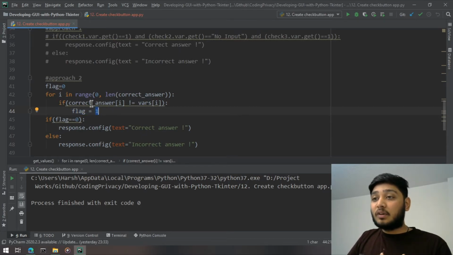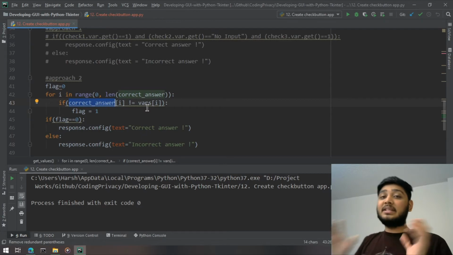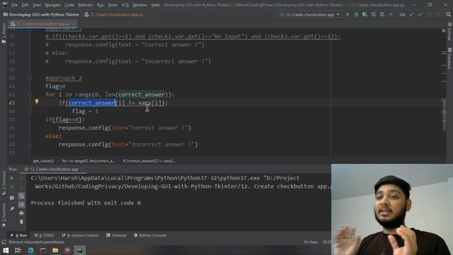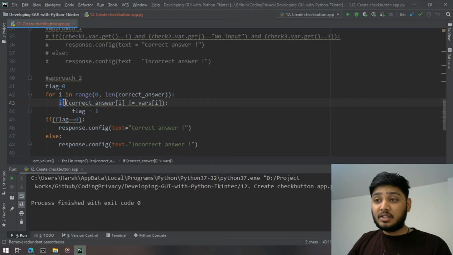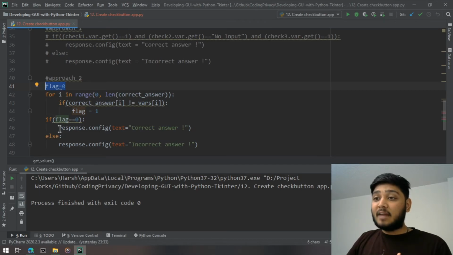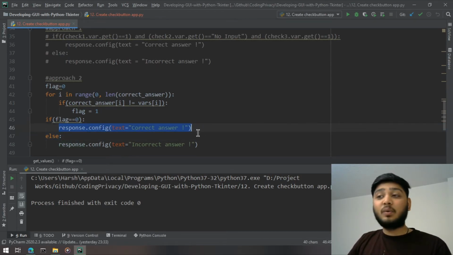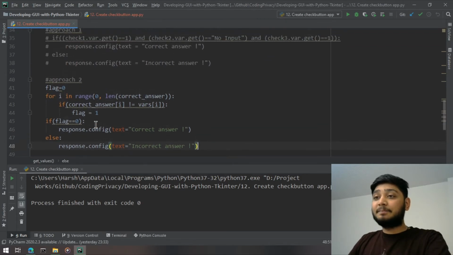All the values of this list should be same. We are basically matching two of the lists. If two lists are totally same, then it's a correct answer. If the two lists are totally same, it's not going to go into this if condition, and then if it's not going to go into if condition, the flag is going to remain as 0. And then we are going to check if the flag is 0, the response widget is going to update its text as the correct answer, otherwise incorrect answer, right?